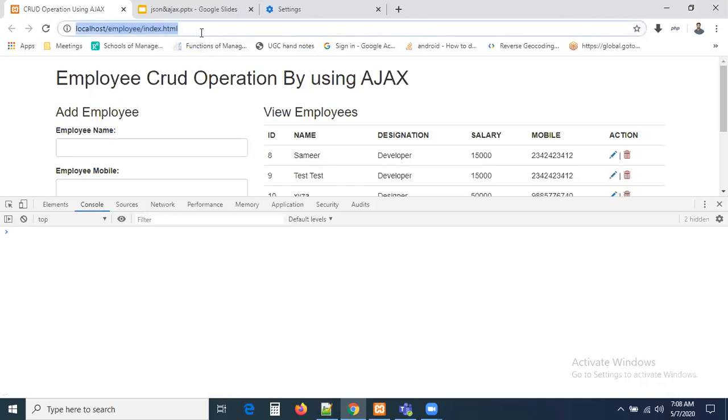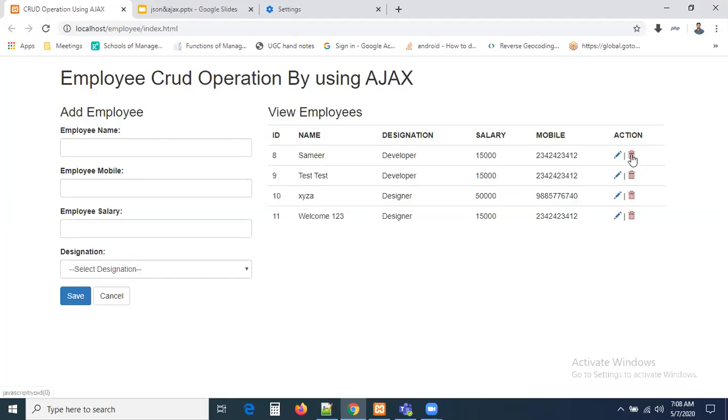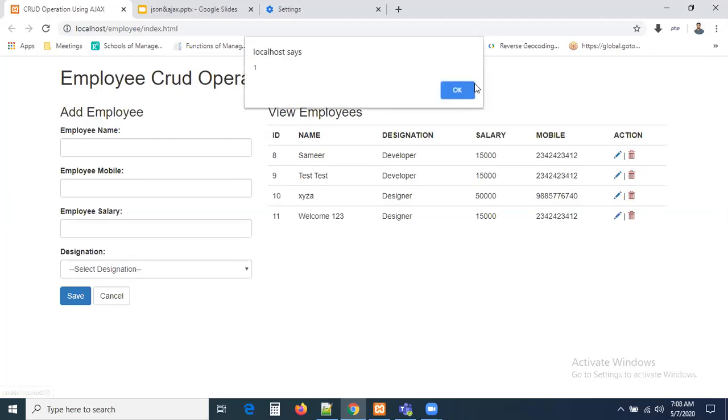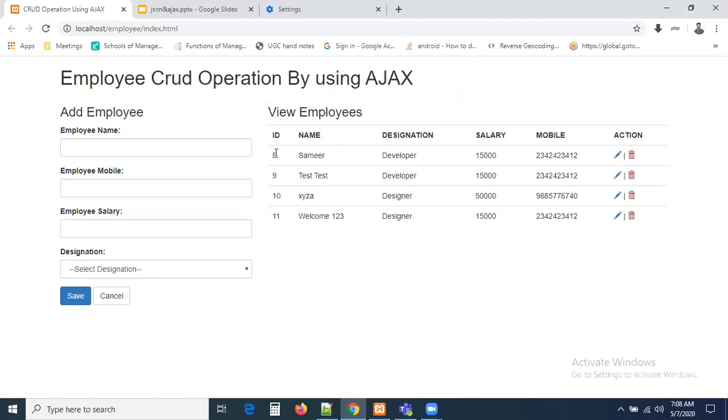Let us submit this. I'm going to click on it. Can you see guys here? Once I click this delete record, you are getting 1. 1 means that is the response. So the record was deleted. But if the record is deleted, why is it still displaying here? We have to refresh the page, I think so. Right? Refresh the page, the record is not there. But we cannot refresh it, right? The record should be deleted automatically.